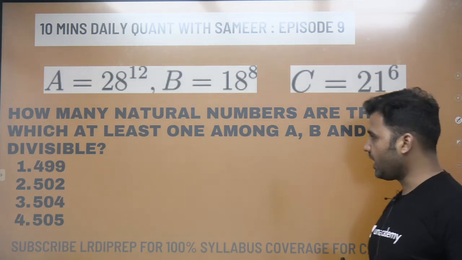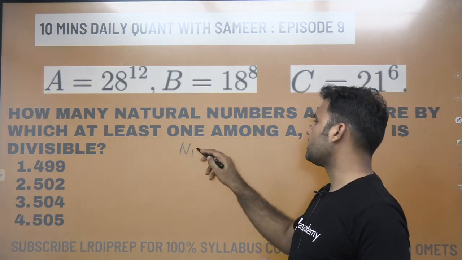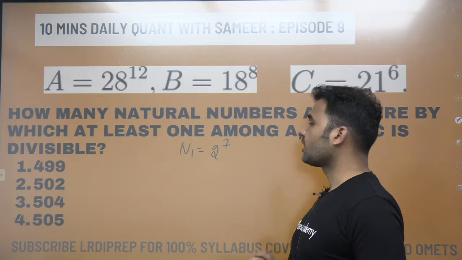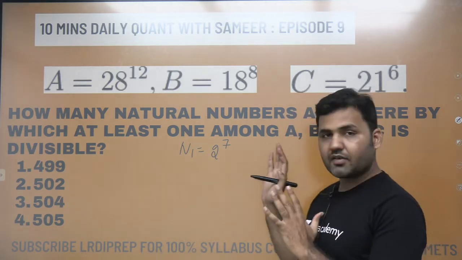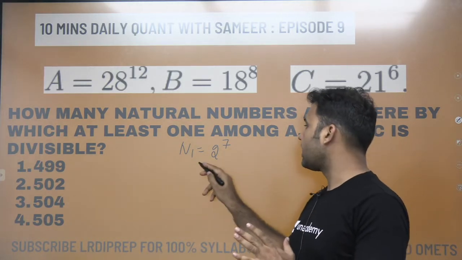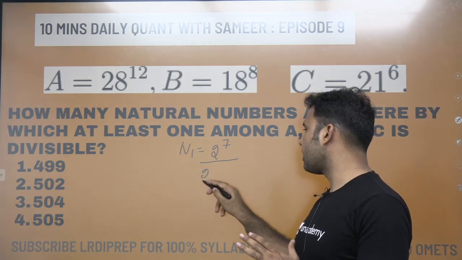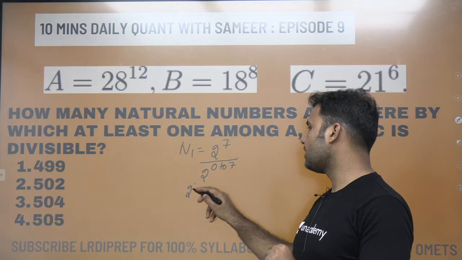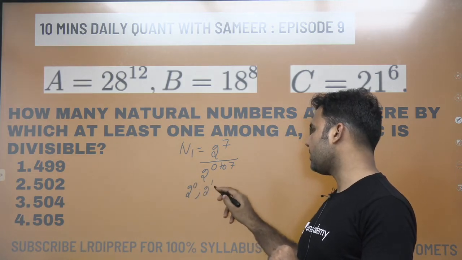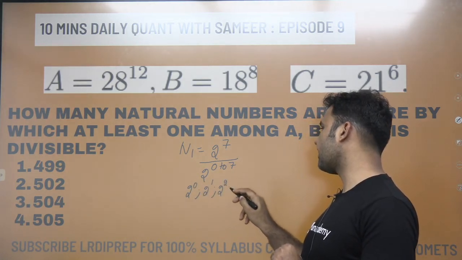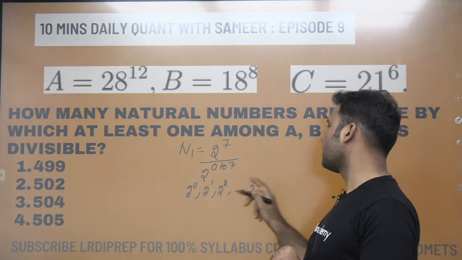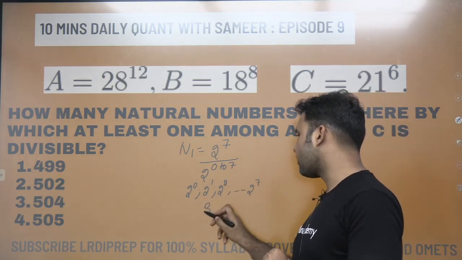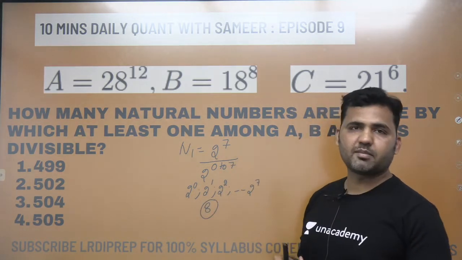Say this, guys, if I have any number n1, let's say 2 power 7. Now, if I want to find out all the factors of this number, you know that any power of 2 from 0 to 7 will be a factor of this number. That means 2 power 0 will be a factor, 2 power 1 will be a factor, 2 power 2 will be a factor, and so on till 2 power 7. So 0 to 7, the number of factors is 8, 1 more than the power.